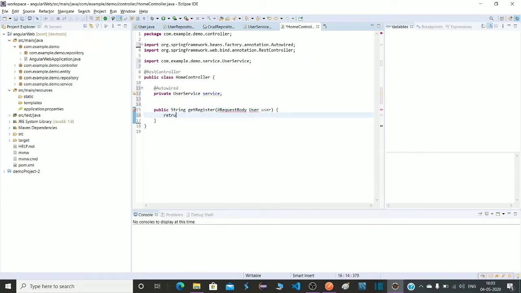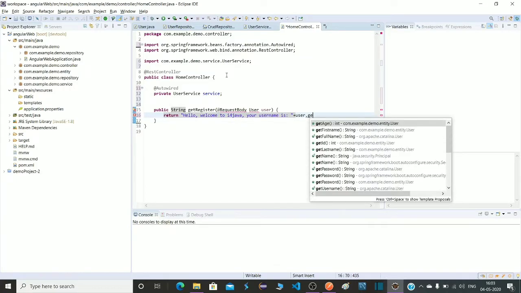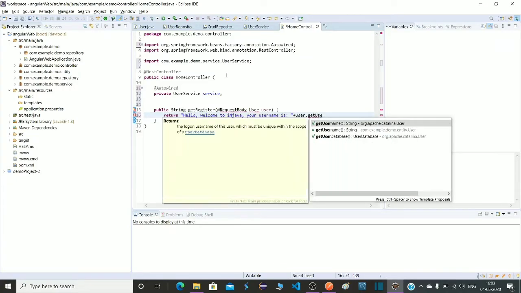Now we have to return something. So here I am returning one message with the username: Hello, welcome to I for Java. Your username is, concatenated with user.getUsername().